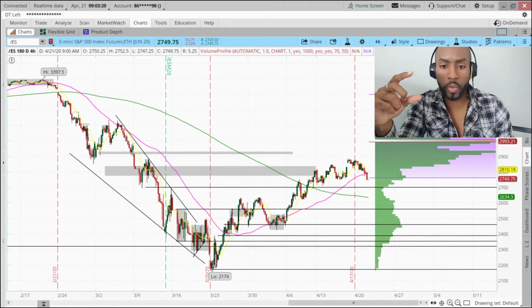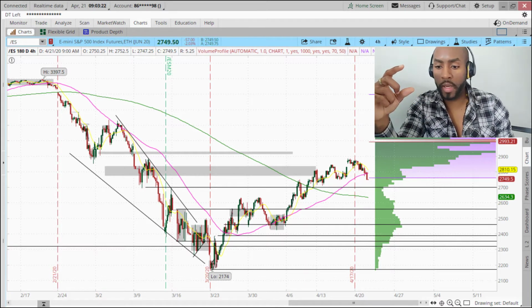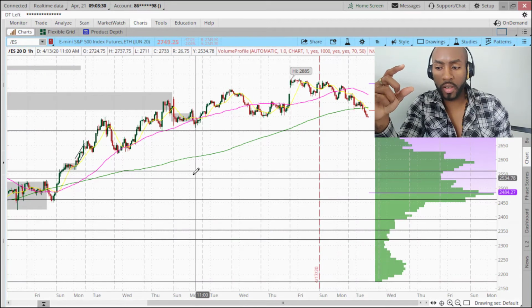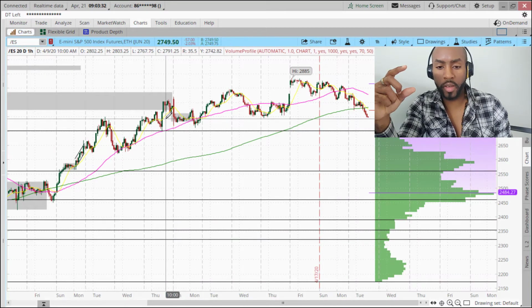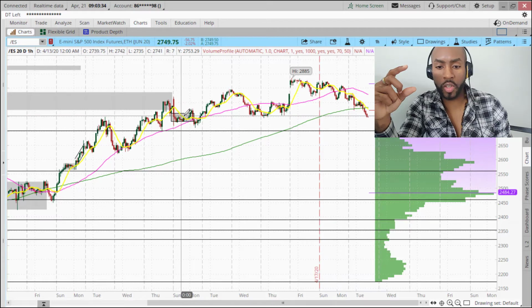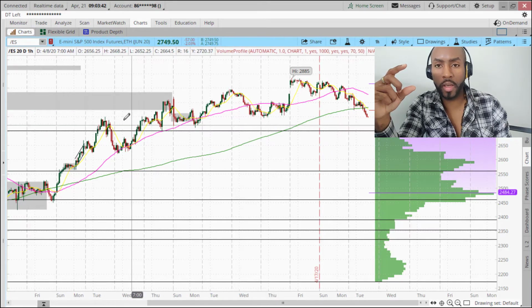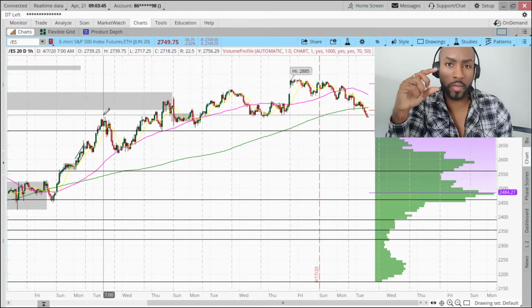And the importance of this 27.46 level, as you can see, if we just drill down to the shorter term time frame, the 1 hour, you can see right here, we have this area of consolidation, an area of balance here, going back to the left, that corresponds to just around 27.50 to 27.46, most recently the low that we